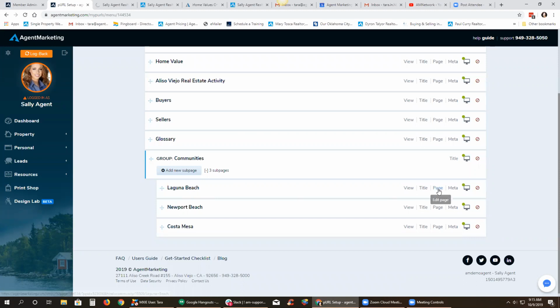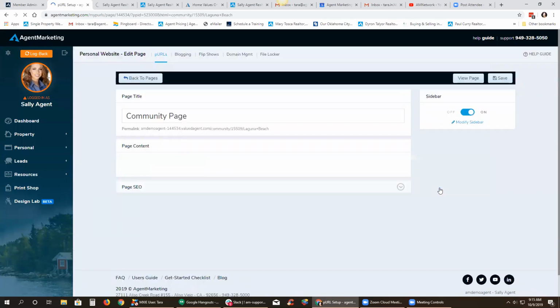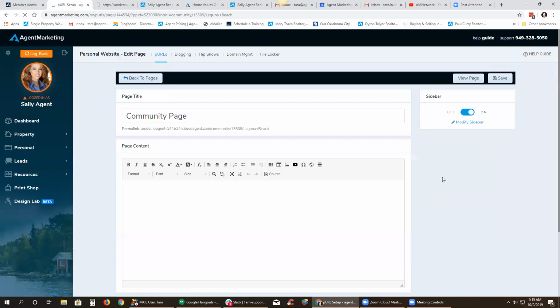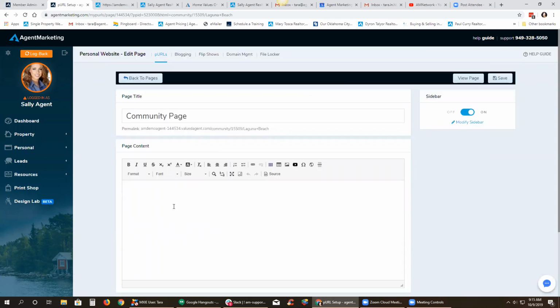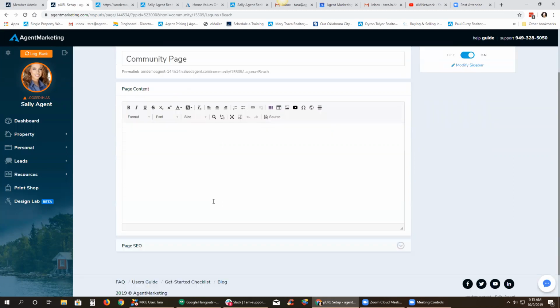So then you're going to click on the page button right over here. This lets you edit the content on the page. So it's going to pull it up. Here you're not going to see anything, okay? But it will have that map and information on there like I showed you. So anything you add here is going to go above the map. It'll be at the top of the community page, and then the map and then the list will be below that. So let's say you want to add,